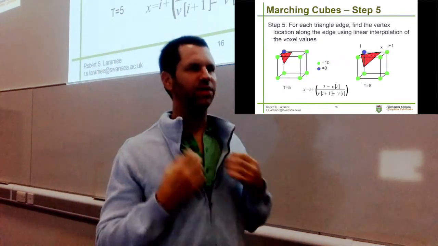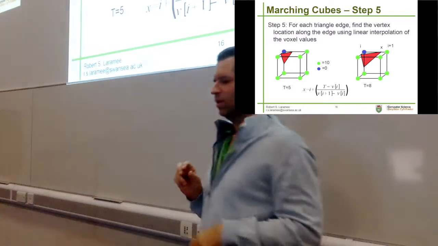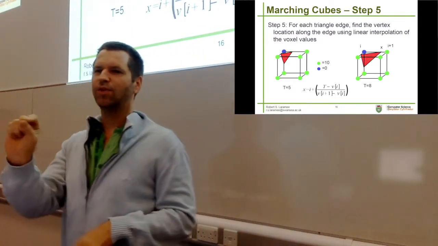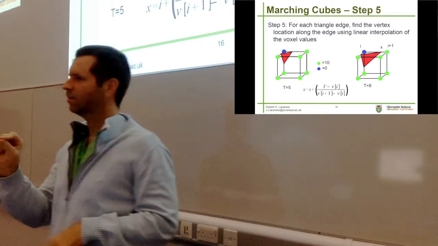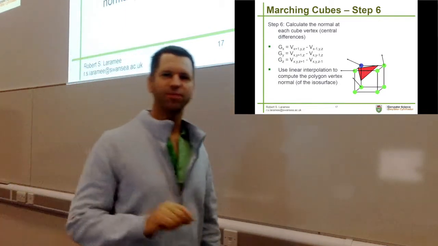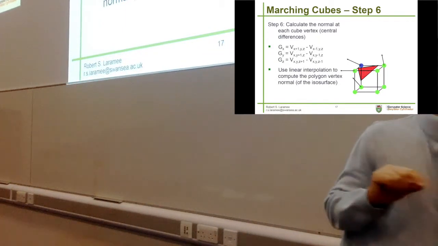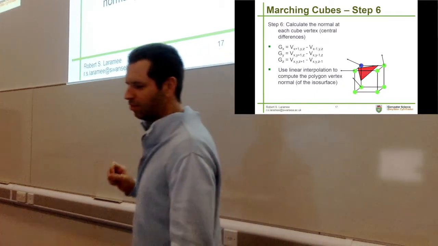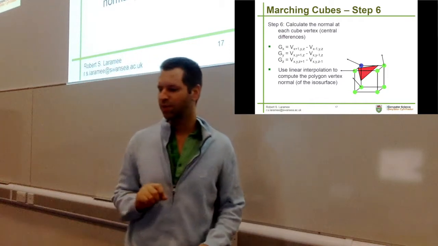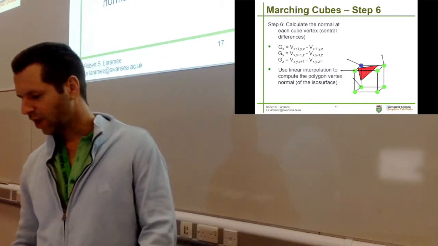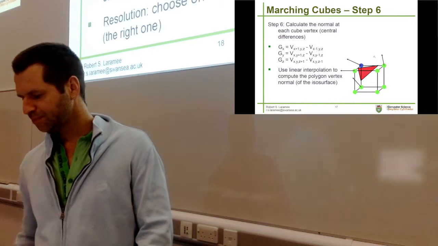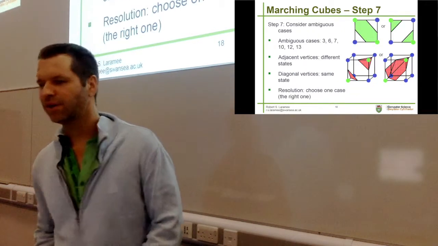And then once we've got the edge intersections, we interpolate the edge intersections between the data samples of the cube to make the surface more accurate. After we've updated those positions, we compute the gradients at the cube vertices and then interpolate to update the triangle normals, the triangle vertex normals. That's not the only way to compute